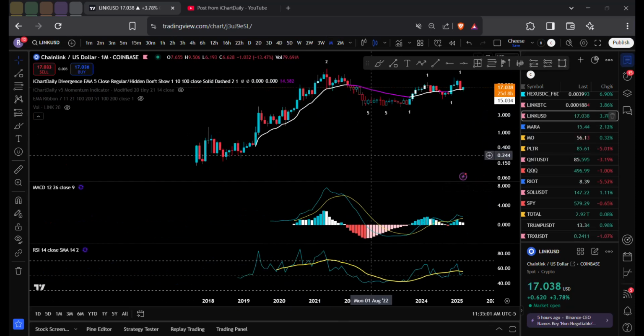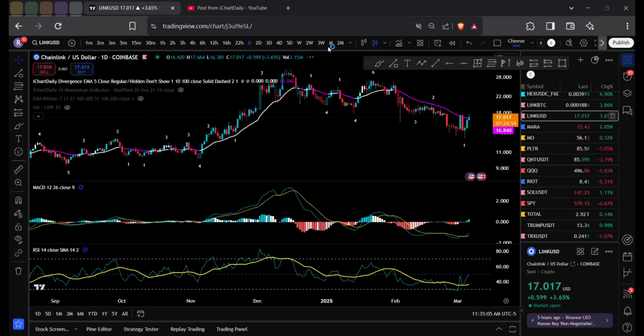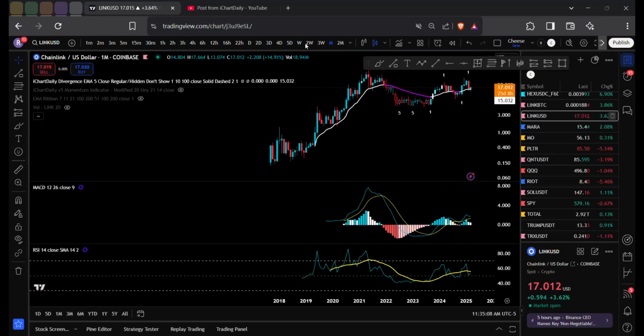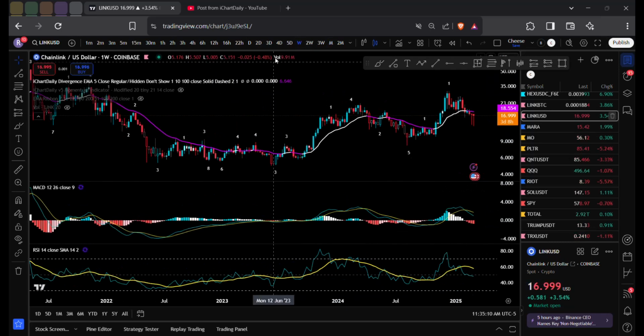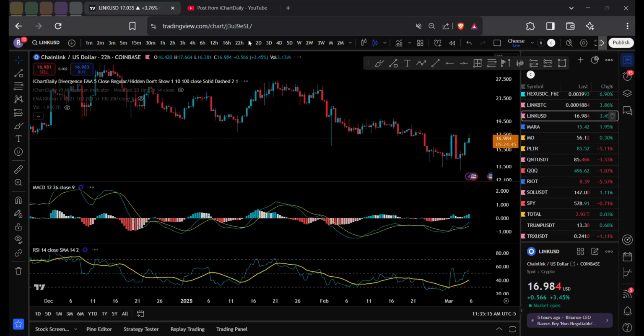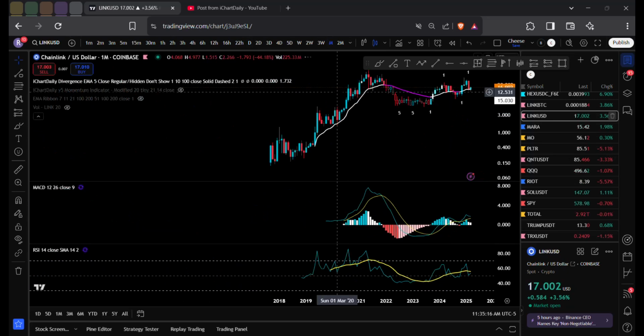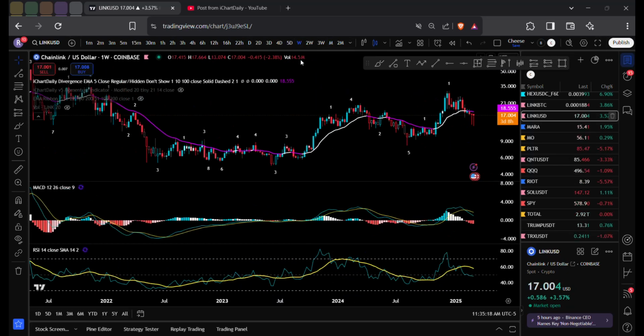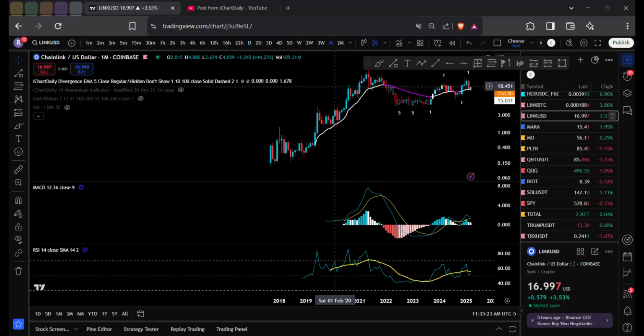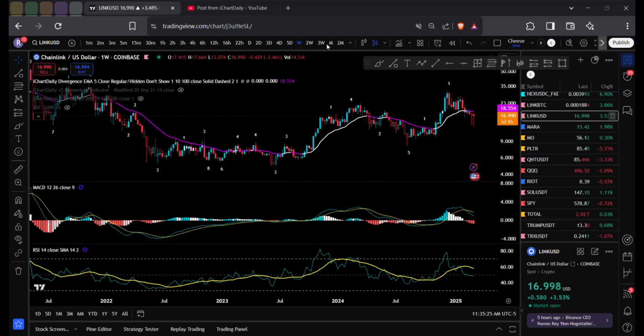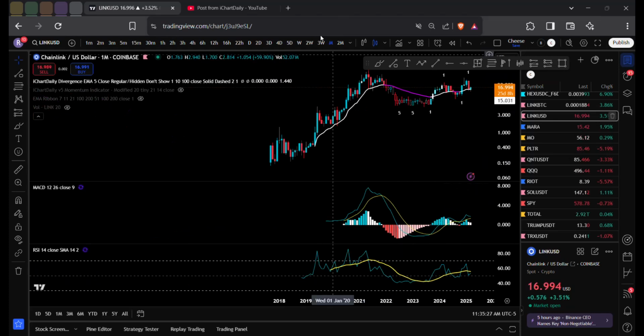Maybe I'll add the monthly as well. The importance of understanding the monthly, the weekly, and the daily. If the monthly is bullish, you could just have a consolidation on the weekly. If the weekly is bullish, you could just have a consolidation on the daily. If the monthly is bearish, you might have a dead cat bounce on the weekly. If the monthly is bearish, then you could have even more blood. You understand? There are different scenarios, it's a ripple effect.